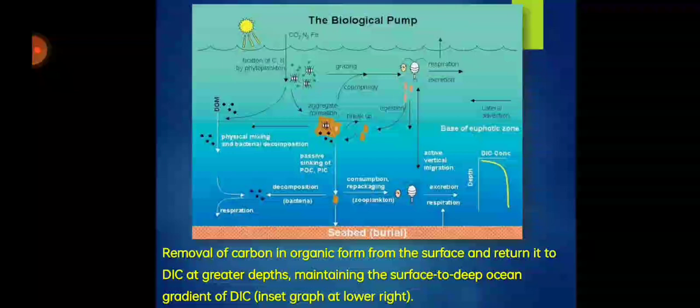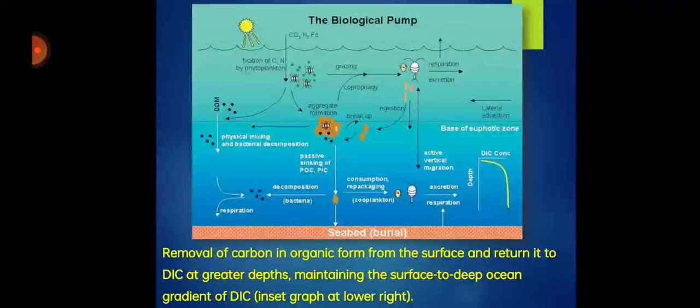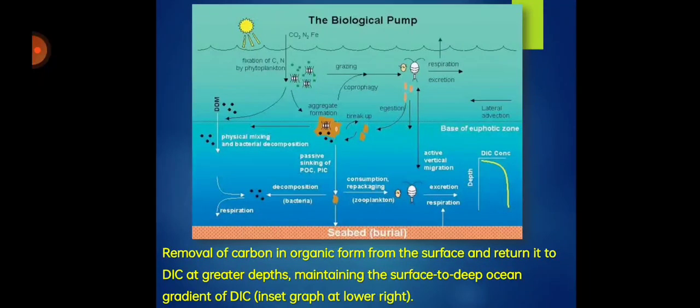Now this bacterial population undergoes breakdown of this POC and releases carbon dioxide, which is again cycled back to the surface of the earth. So in this way, phytoplankton actually participate in the global carbon cycle. The other important aspect is that as carbon dioxide enters into the water column, it forms bicarbonate and proton